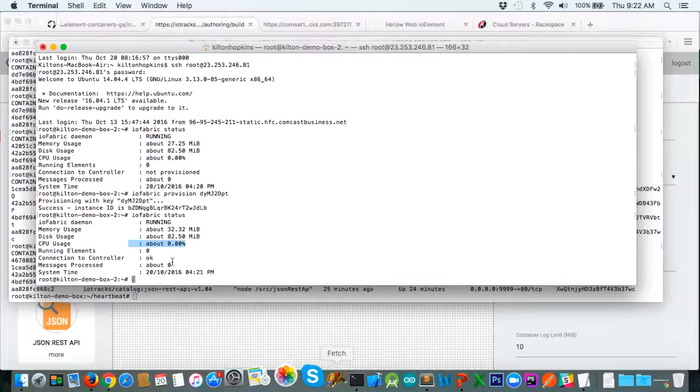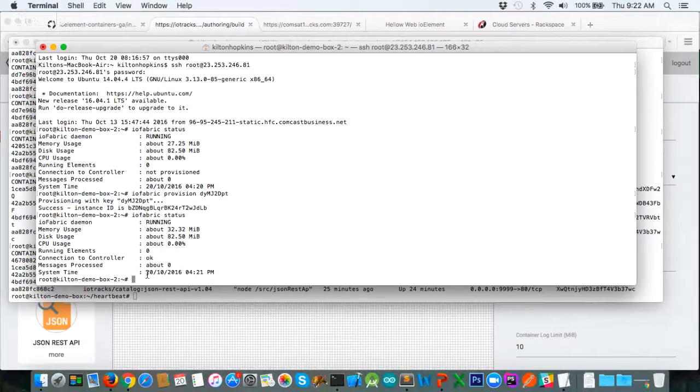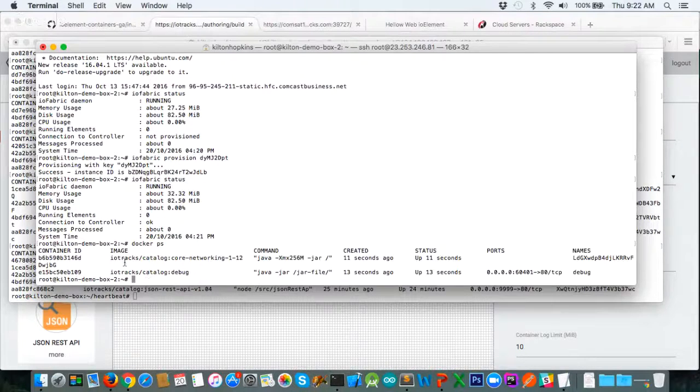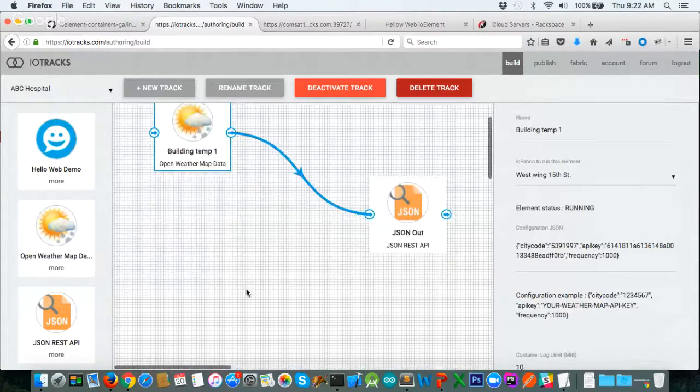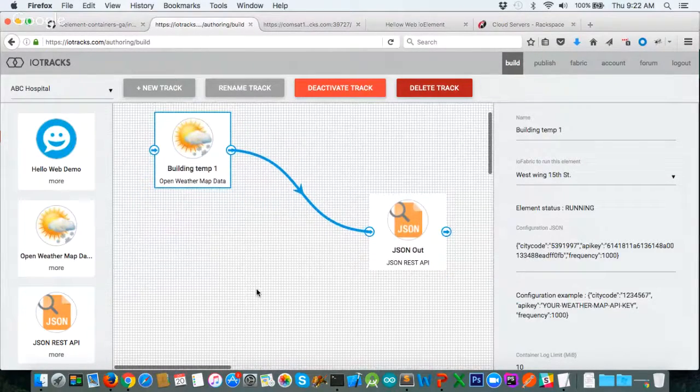So if we look now, in a short amount of time, you'll see the containers running. So yeah, we have some stuff starting. There's remote debug, and then there's some of that ComSat networking again. So okay, I have another track here, which is this building situation. So now on this same microservices layout, let's go ahead and add a different microservice, and